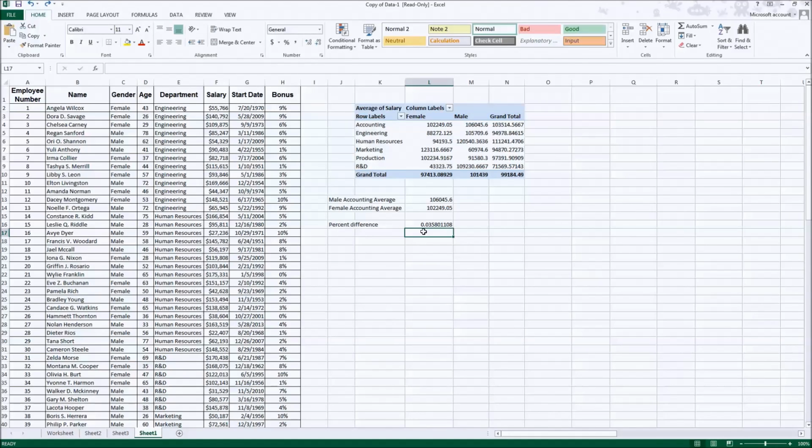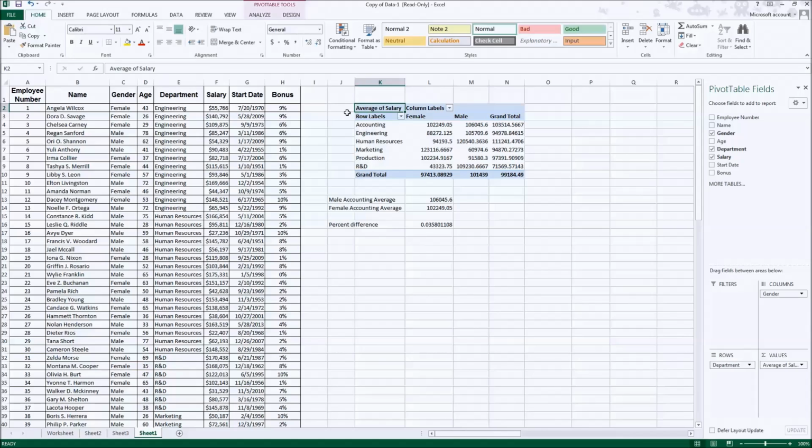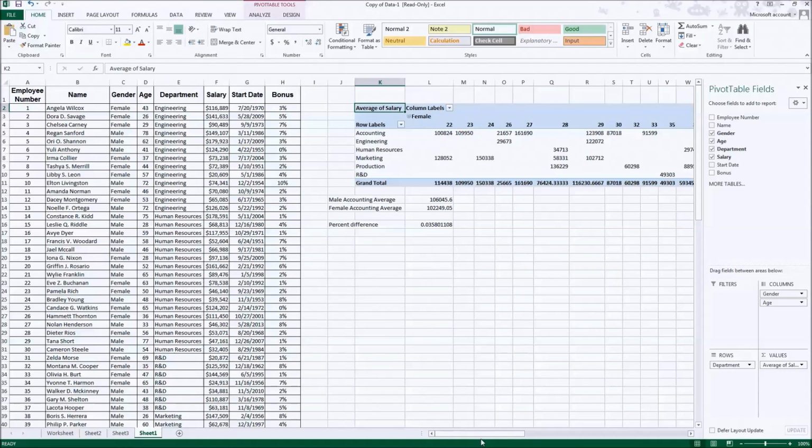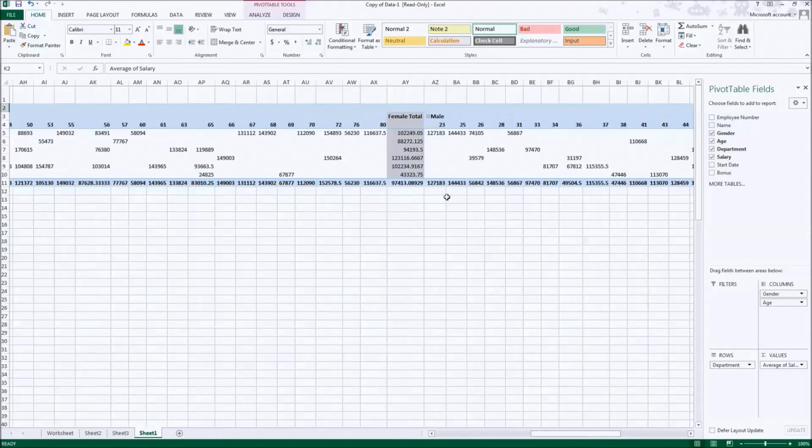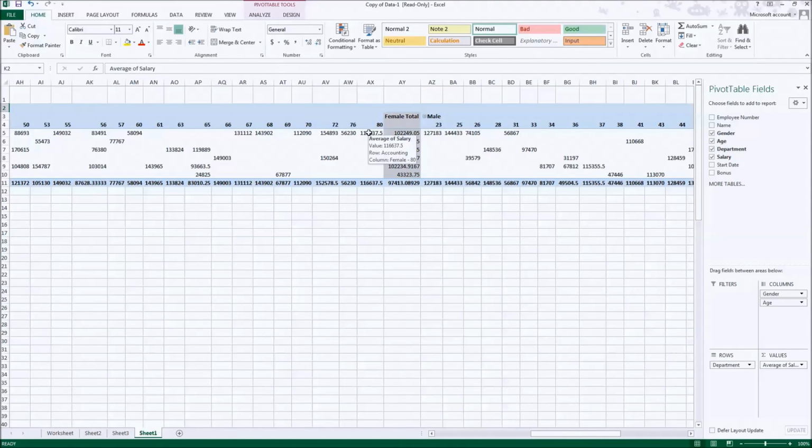Well, for me, this is okay for the most part. But I really want to show you some more things about the pivot table before I let you get out of here. One of the things that I thought was interesting is that age is something that comes up a lot. And you might want to find out what people are getting paid over a certain age or if there's discrimination based on age. So I'm going to go ahead and put age back into columns. And so it gets ugly here and it has everybody. So we have an 80-year-old male working for us in accounting, but